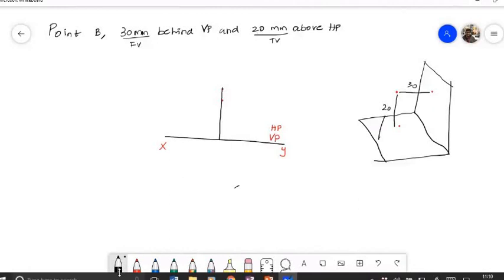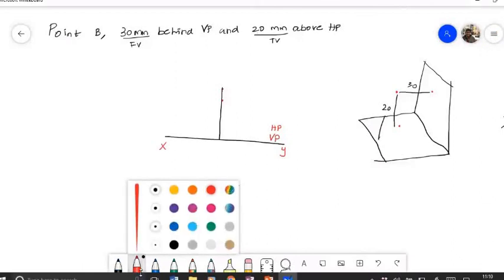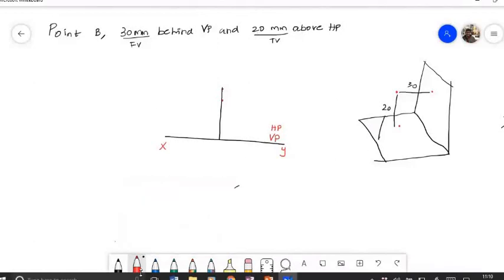If the observer is here, he will see the 20 mm line. The 30 mm line will look like a point. Am I right? Yes, sir. So in the front view, the 20 mm will be visible. If you are not clear, you ask again. I can explain that. But make sure that you are clear before this particular class, because from next one onwards, we are going to add multiple concepts about this.